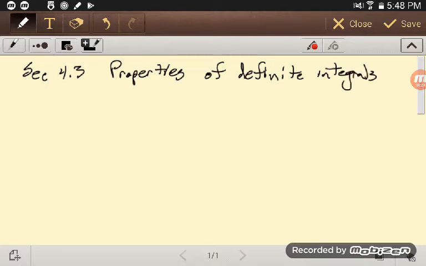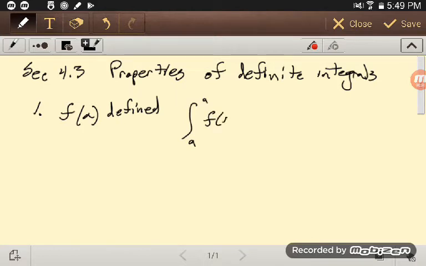Okay, so one of the first properties is that as long as f is defined there, so f of a is defined, that's kind of like the continuity part, then the integral from a to a of f of x dx is